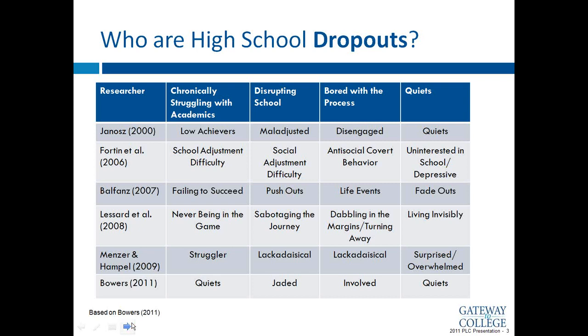He's got his quiets, which included both these groups from other researchers of students who were struggling academically and the students who kind of faded out and surprised teachers when they left. He has a group that he's called Jaded, who are the students who really are having a negative experience in school. So that certainly includes the students with a lot of behavioral difficulties, expulsion, students who also just didn't respect their teachers, didn't feel like they were getting good teaching.